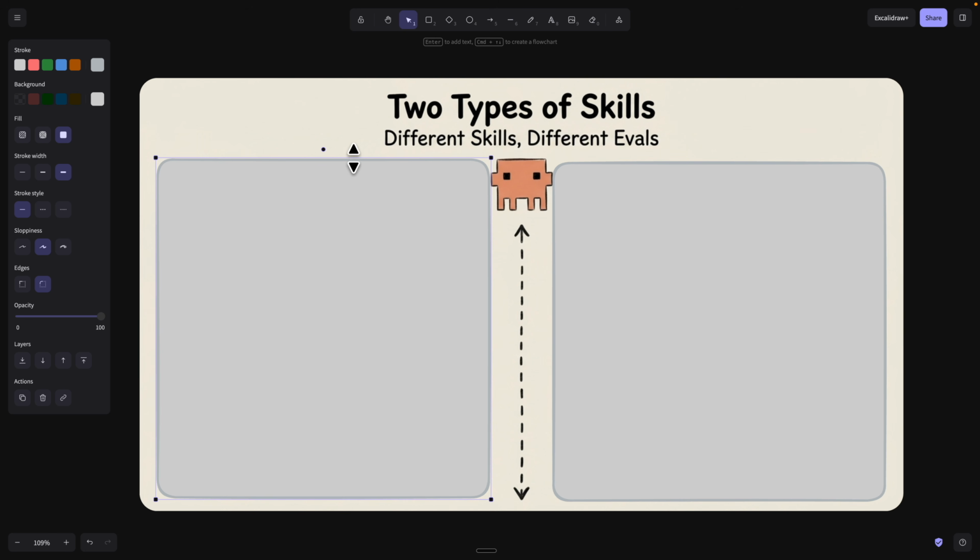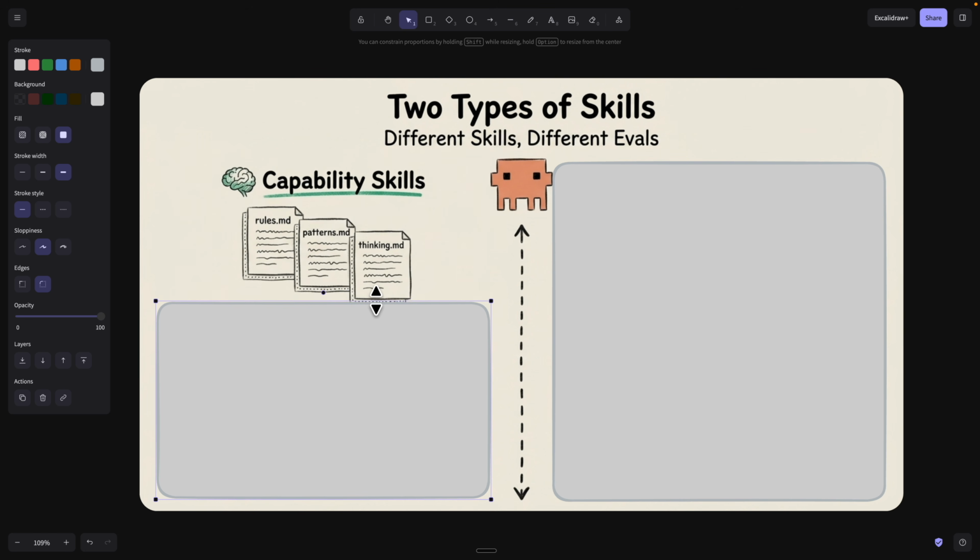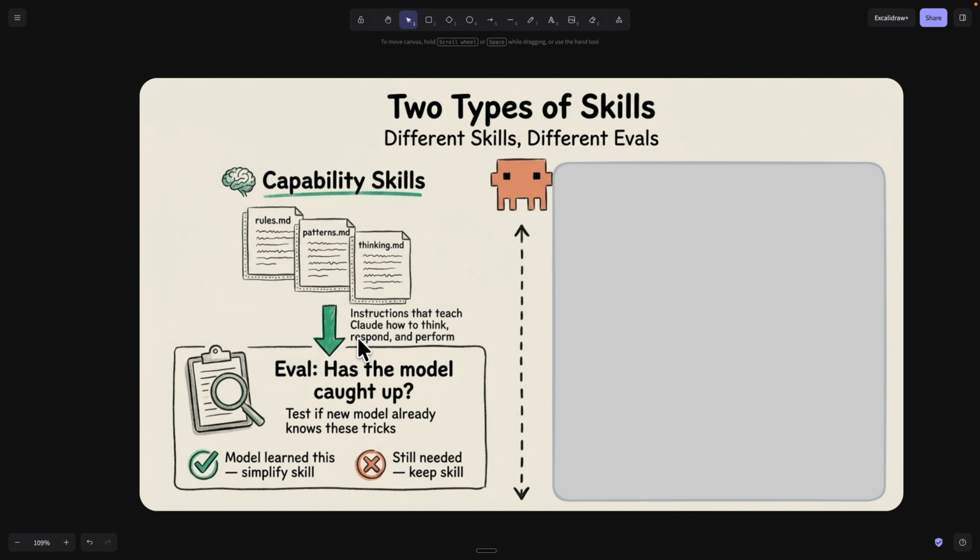So in this case, let's go through this. First one is the capability skill, where let's say we set different rules, patterns, thinkings. We basically teach Claude how to think, how to behave or answer whenever we have this type of questions. And the way we evaluate this is whenever we have a Claude skill, we try to check to see